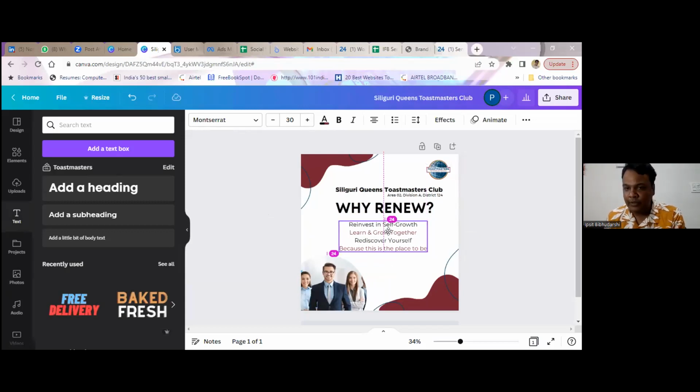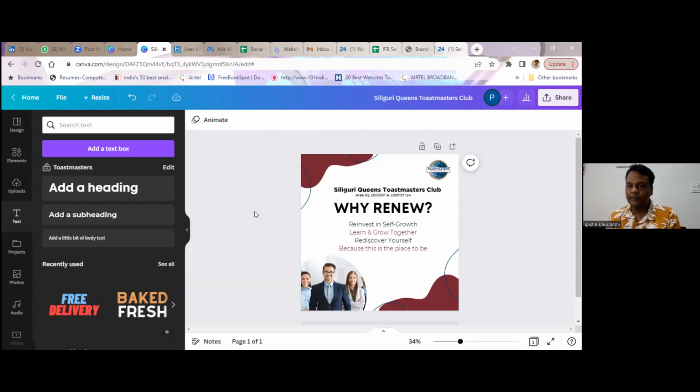One thing Canva helps you out when you move across the content, you can see this dotted line, right? So this dotted line will help you align your text and your images as per your requirements. So now we want to keep it directly in the middle of the page. So you can see the dotted line, you can leave it here. You can move this, move it here. And if you want to move it in the center,